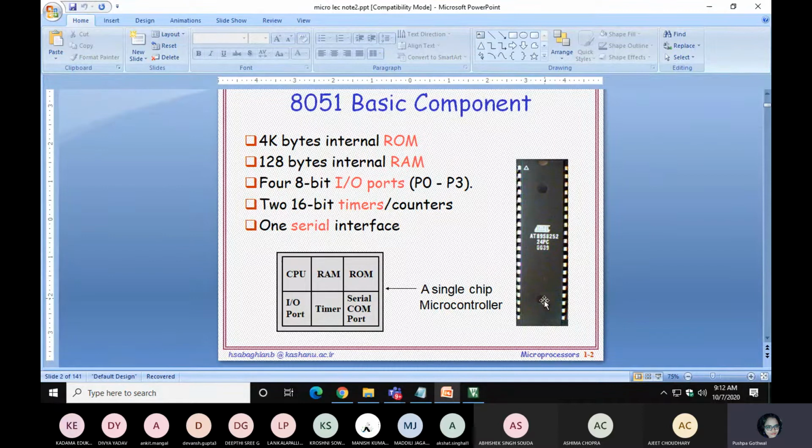So we can say this controller is basically an on-chip computer. Many times we say this is an on-chip computer. Okay, so 8051 is the controller name. This is the first microcontroller that came after the processor. Why are we moving to the controller? Because using a controller, students or many industries can perform their projects very easily.